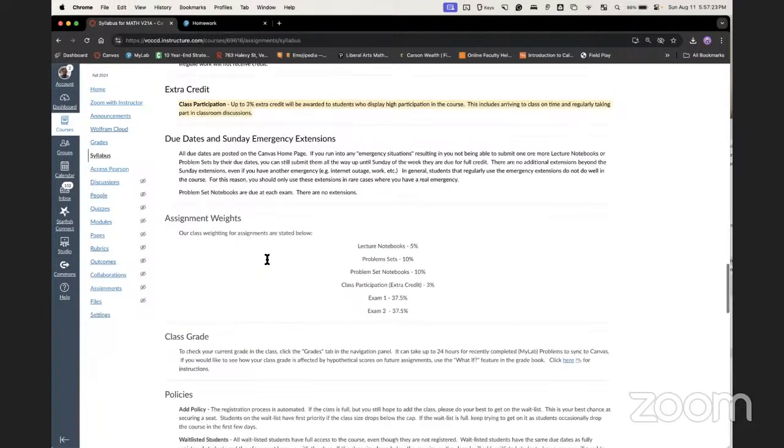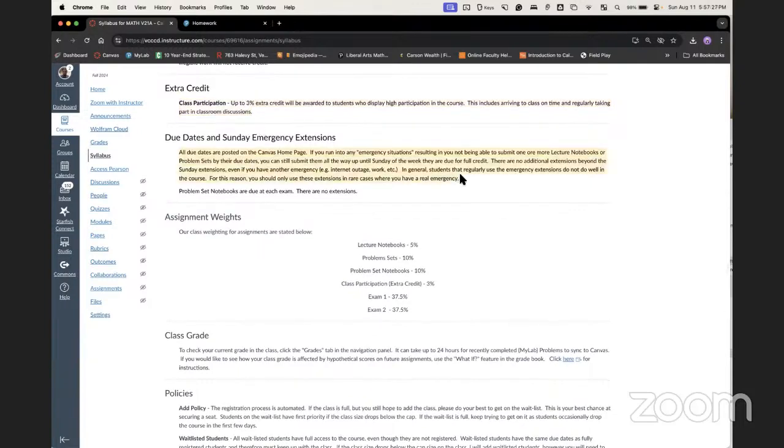Due dates. So due dates are generally Tuesdays and Thursdays. However, every once in a while, you might have some kind of emergency that prevents you from getting your work in on time. And that's okay. We do have the Sunday extensions. So on your assignments, if you ever have an emergency, you'll have until Sunday to get everything in without any